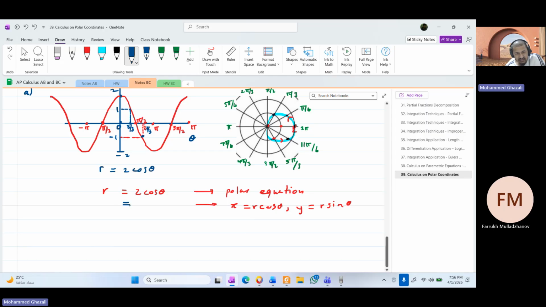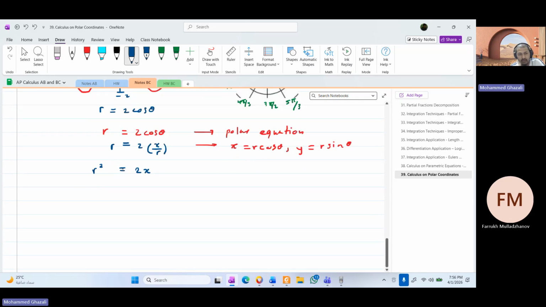What is cos theta? Cos theta is x over r, okay? And I've got r there. If you cross multiply, you will get r squared is equal to 2x, correct? But what is r squared? r squared is equal to x squared plus y squared. So I'm going to write down x squared plus y squared, bring the 2x over, minus 2x is equal to 0. This looks like an equation of a circle. So you've got x squared minus 2x plus y squared